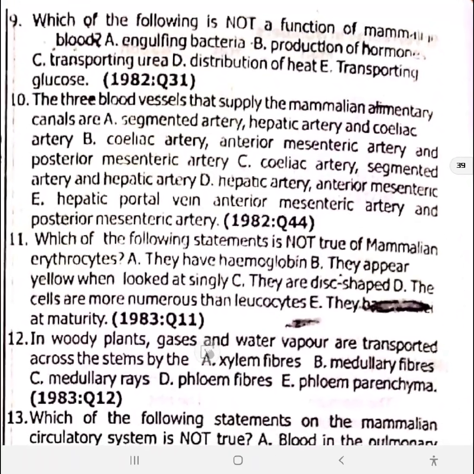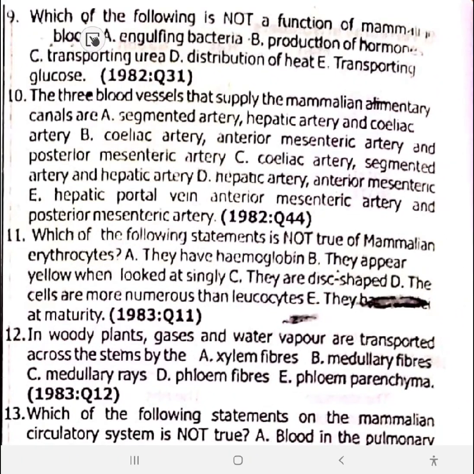Take a little bit slow this chapter. Which of the following is not a function of the mammalian blood? Option B, production of hormone. The blood does not produce hormone. Number 10, the 3 blood vessels that supply the mammalian alimentary canal are,